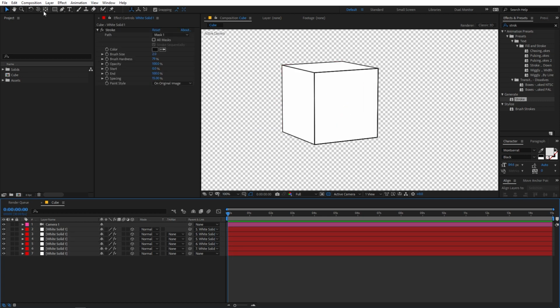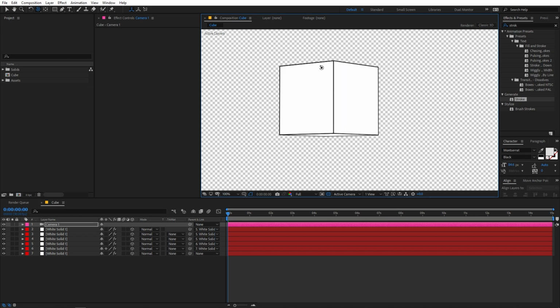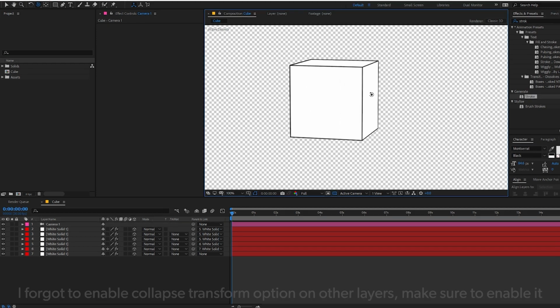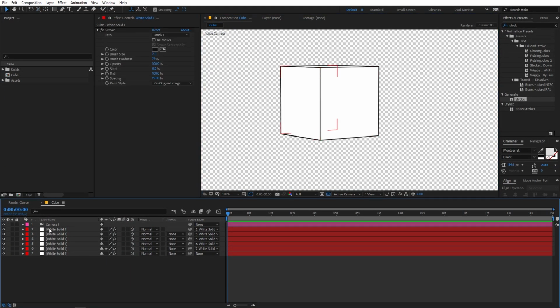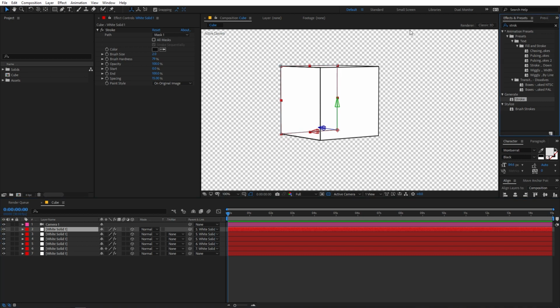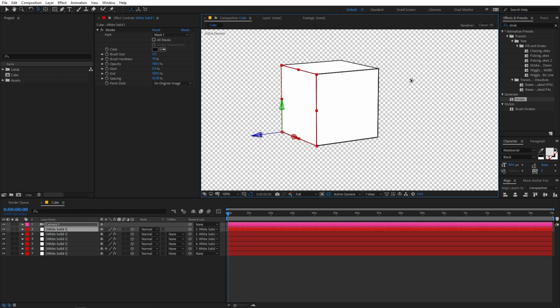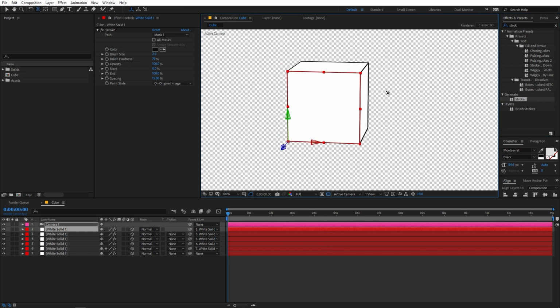So now you can see that we have a perfect cube, and you can use it and just move around something like this. If you want, you can change the colors. You can apply a fill effect to this, and then just simply copy and paste it onto all the cubes. So we are pretty much done with our cube, and let's add our logo to this.